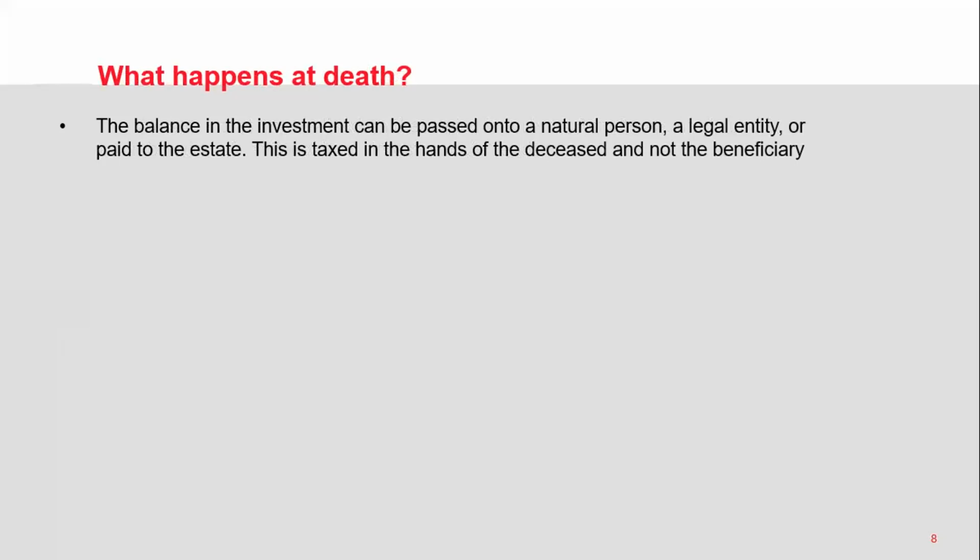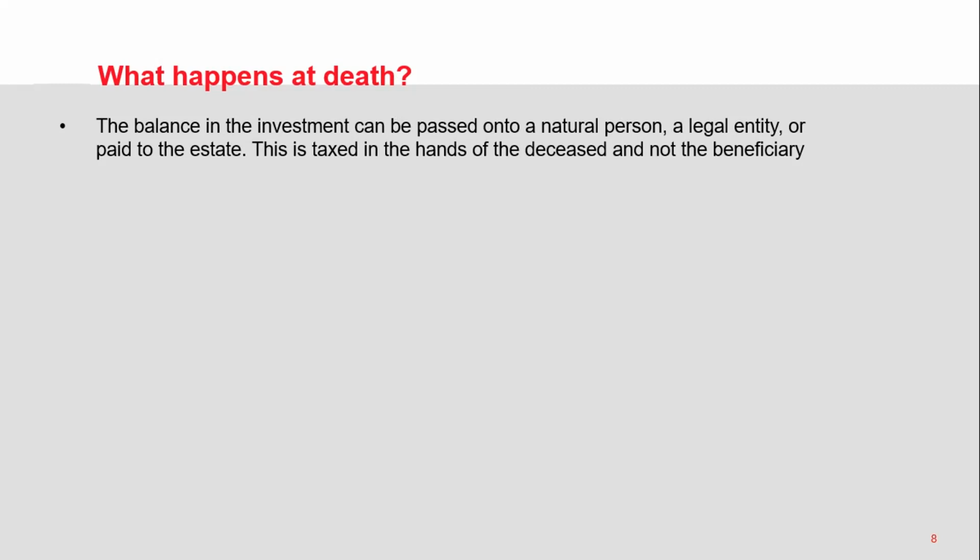So, like I said, at death, you can leave the balance of your investments for your nominated beneficiaries. The beneficiary that you nominate can be a natural person or a legal entity, or it can be done as a combination, because you can allocate a portion to each beneficiary. You can also elect to have the money paid out to your estate. And one thing to keep in mind is that any portion your beneficiary receives is not taxed in their name, but is taxed in the investor's name. So we say that it's taxed in the hands of the deceased.